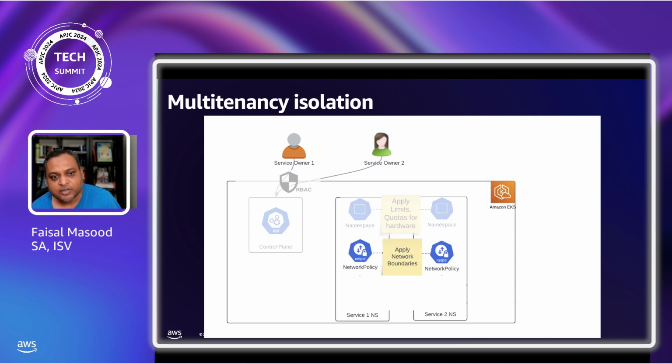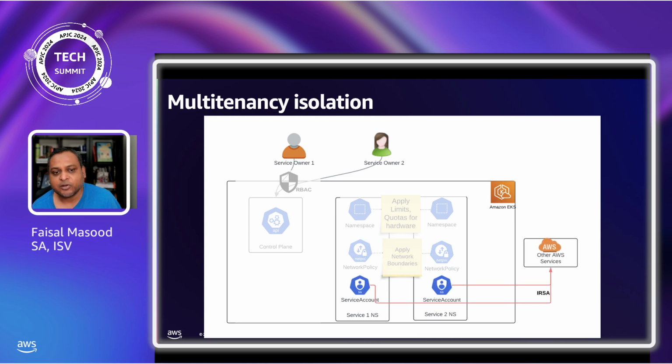The third level of isolation, we apply network boundaries via network policies. So it's all deny all. If you want to add something, it needs a security approval. The fourth and final level of isolation is we'll have service accounts, not only within the Kubernetes cluster, but for the components that you are requesting outside the cluster, such as RDS databases or MSK.